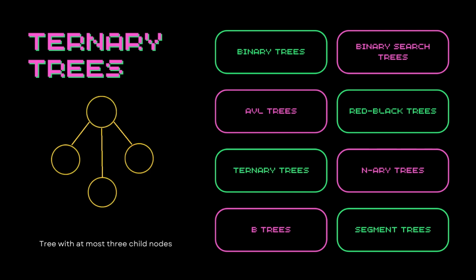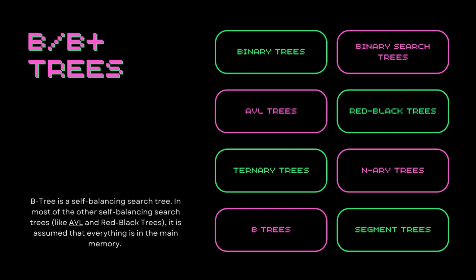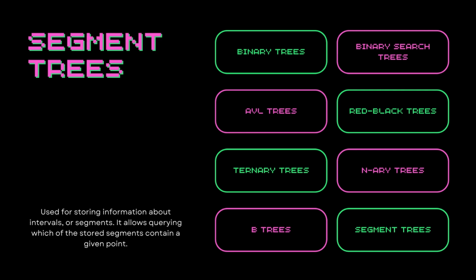Ternary trees, just as what they sound, they are trees with at most 3 children nodes. N-array trees, trees with at most n number of children nodes. B or B plus trees, honestly, no one ever asks about these, but it's just another self-balancing tree, just like AVL trees or red-black trees, but it's assumed that everything is in the main memory. So again, from an interview standpoint, you don't need to learn about this, and that goes the same for the next one,